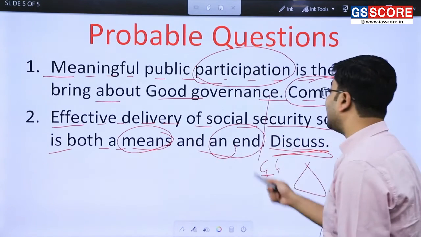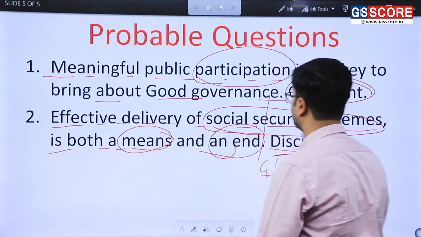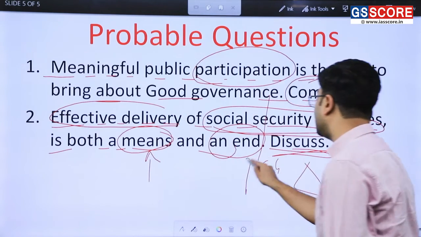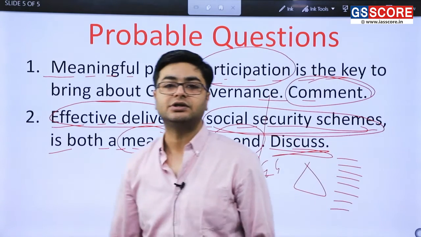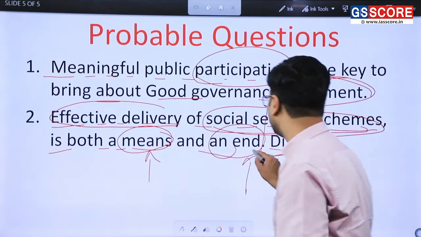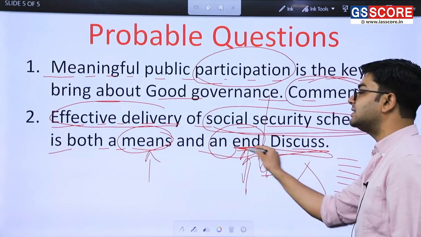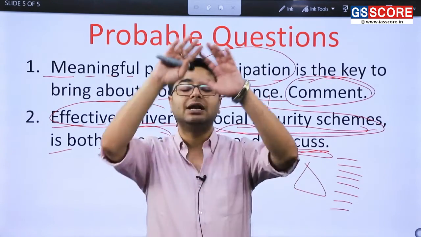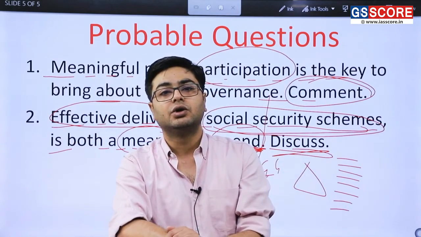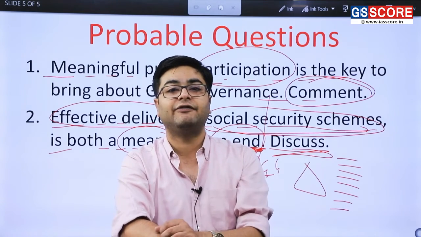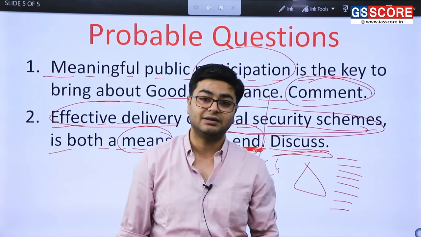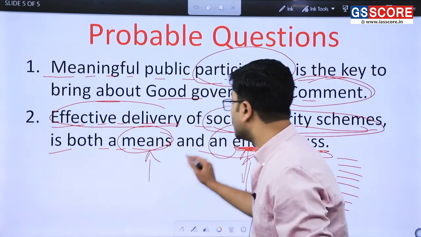So in the second question, the effective delivery of social security schemes is embedded, and the idea is both means and an end. It is a means to provide for social justice. It is a means to elevate the qualitative aspects of governance, and the immediate benefit that it provides is an end. So it should be the larger orientation that governance is about a networked approach to running the country, to running the public affairs, to running the socio-cultural, economic, political affairs in the country, right? So hence,